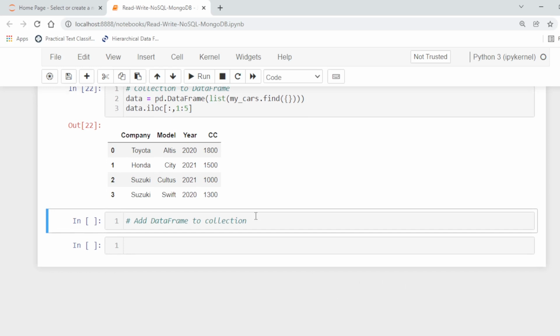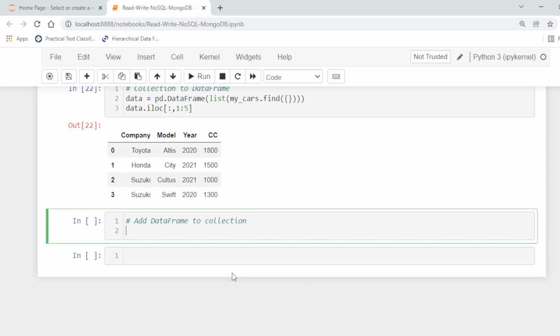Data frame to collection. Similarly, we can use a data frame to insert into the collection. Here, for example, we want to add some more records, some more documents, to the collection.